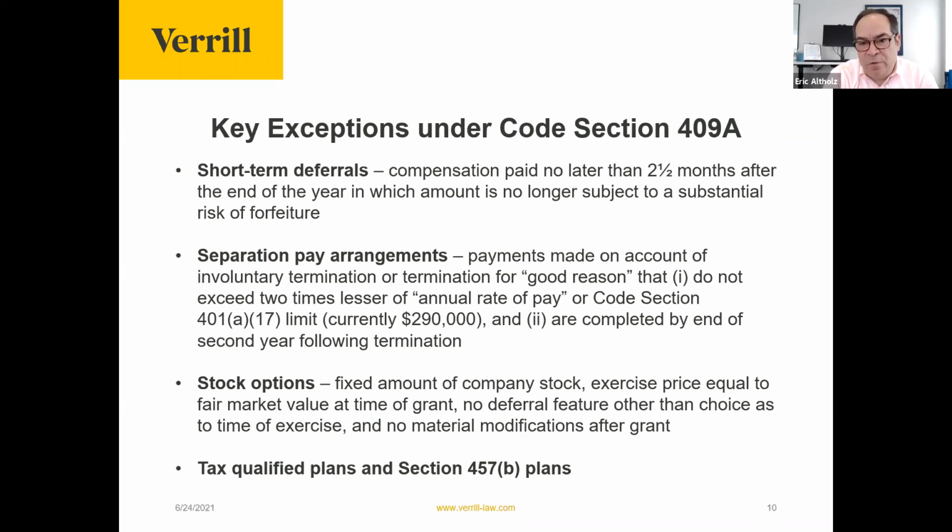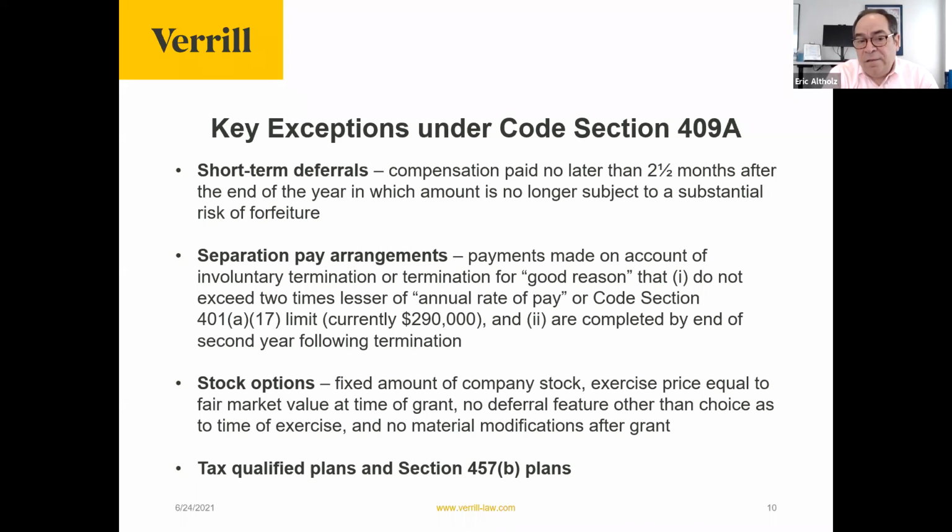Finally, stock options, which Bill will talk about quite a bit, that meet certain requirements are also exempt from Section 409A. Those of you who are old enough to remember in the money stock options back in the good old days, you don't see those anymore, and the reason for that is Section 409A. One of the requirements is that the exercise price may not be less than the fair market value of the stock at the time of the grant, and in the money options typically were below that price. So it really had the effect in many ways of bringing non-qualified stock options a little bit closer to incentive stock options, only for purposes of this rule.